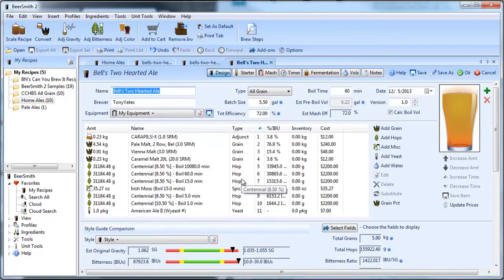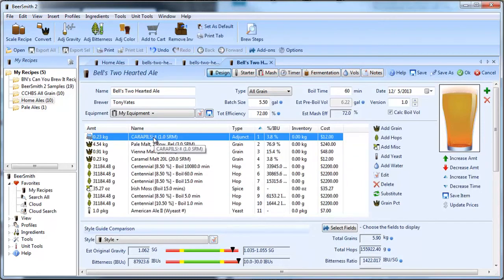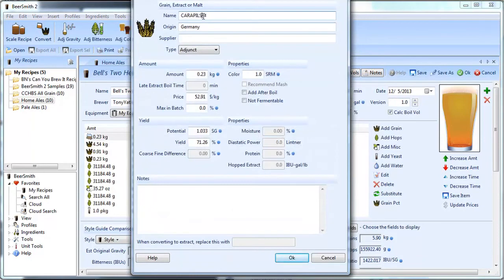Now right off the bat, you might see some things that are not exactly the way they should be. For example, Carapils, the actual name specifies some Chinese or Japanese characters here, and that's not exactly what I want. There are a couple different ways to work with that. One is that I could double click on it to open it and just modify the name here. But I can also check the potential and the yield percentages, 1033, 71.26, and verify that against the ones that